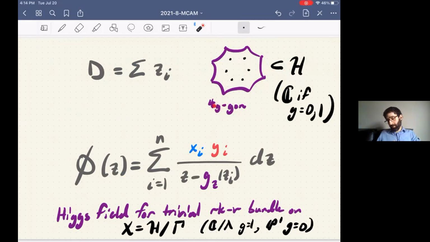So G is coming from the number of loops, and the number of punctures here is coming from the number of arms. And what you can do is write down a matrix valued function. This is going to be the sum from i equals 1 to n of these compositions, these r by r SL_r C matrices that you get from the center of your quiver. So whatever representation you had, you take these r by r matrices, you get one for each arm. You put them here, and in the denominator you have your coordinate z in the plane